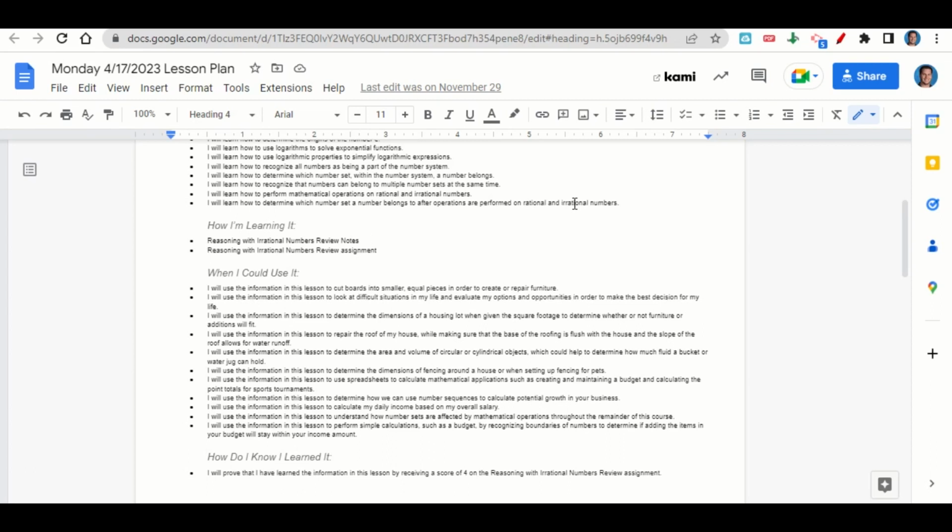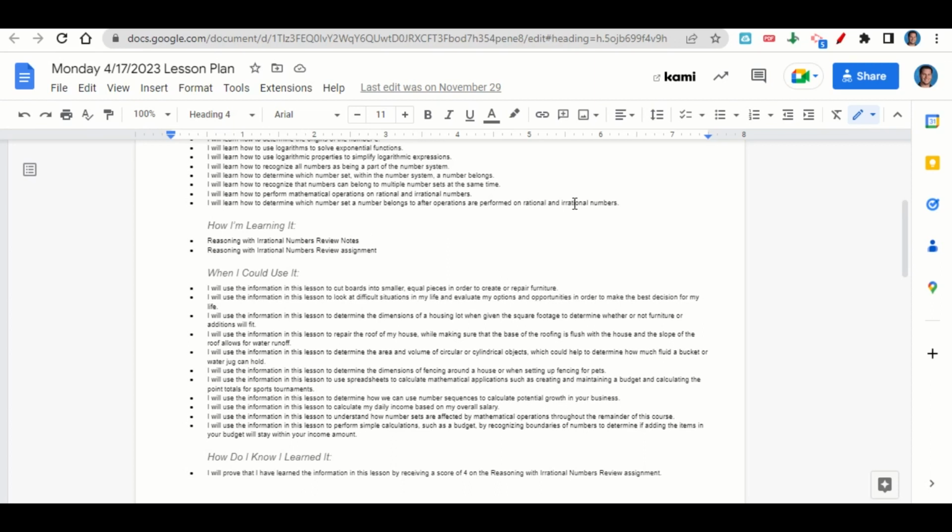the house and the slope of the roof allows for water runoff, to determine the area and volume of circular or cylindrical objects, which could help to determine how much fluid a bucket or water jug can hold, to determine the dimensions of fencing around a house or when setting up fencing for pets, to use spreadsheets to calculate mathematical applications, such as creating and maintaining a budget and calculating the point totals for sports tournaments, to determine how we